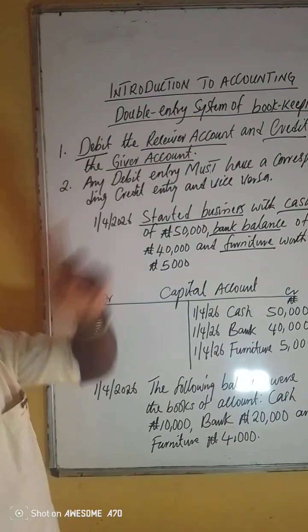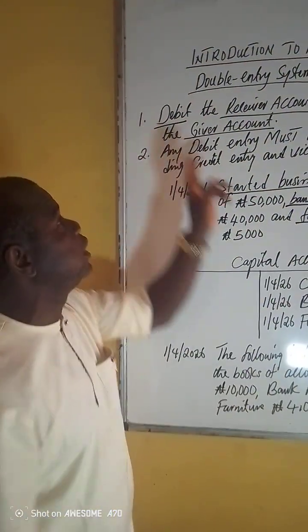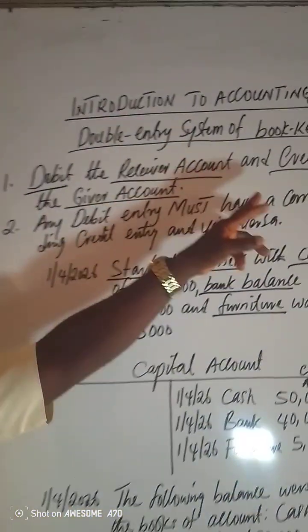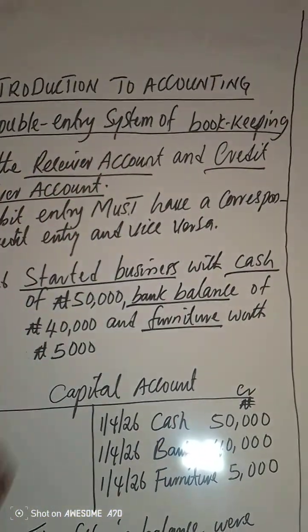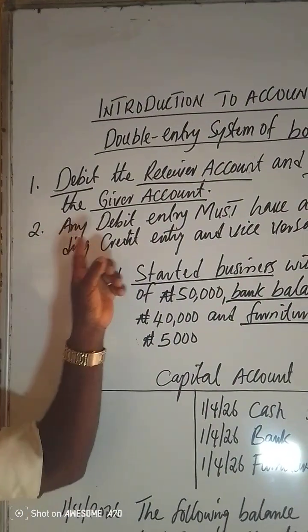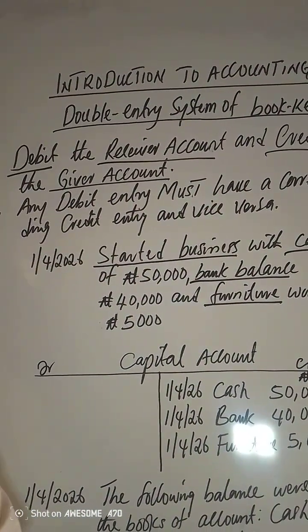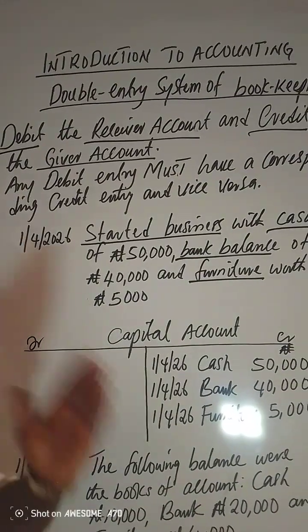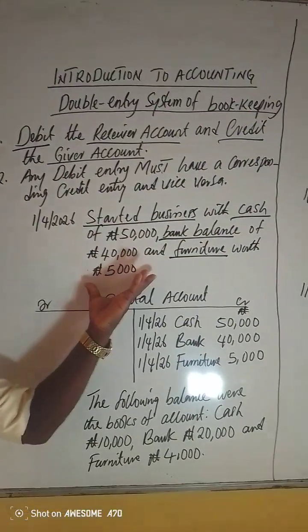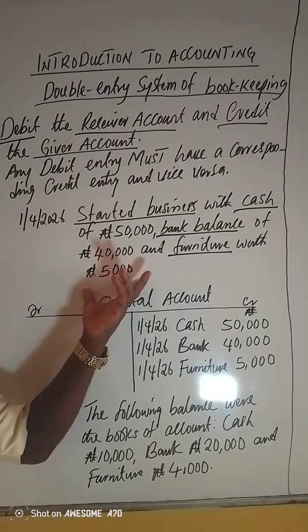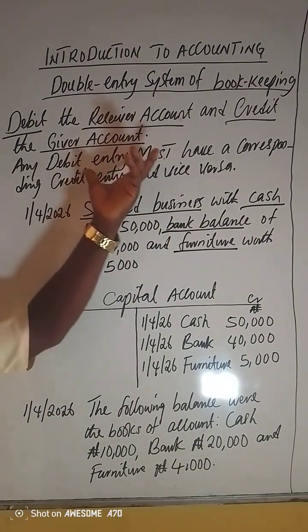In the two principles, the basic, fundamental principle is: debit the receiver account and credit the giver account. While the supporting principle is: any debit entry must have a corresponding credit entry and vice versa. Then let's take this transaction of a business that is just starting to be able to use the principle and